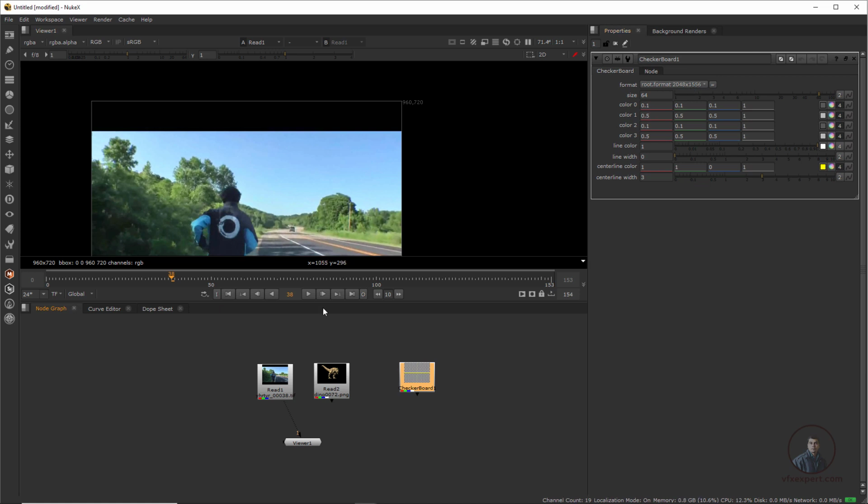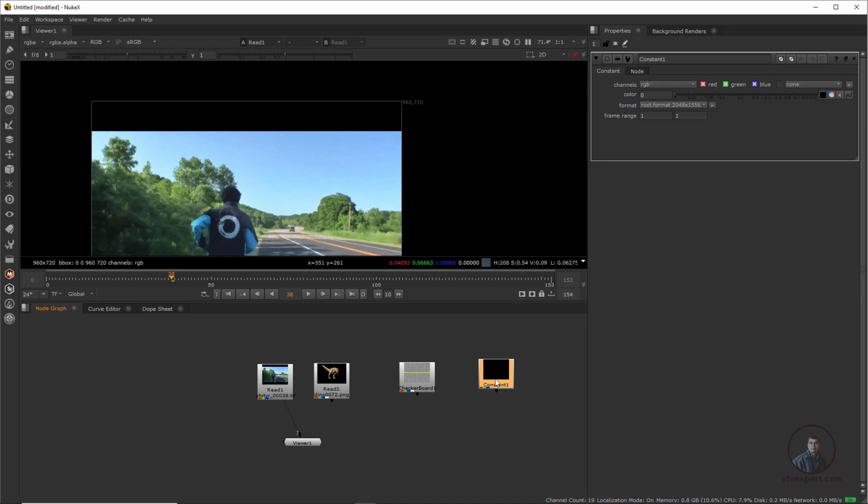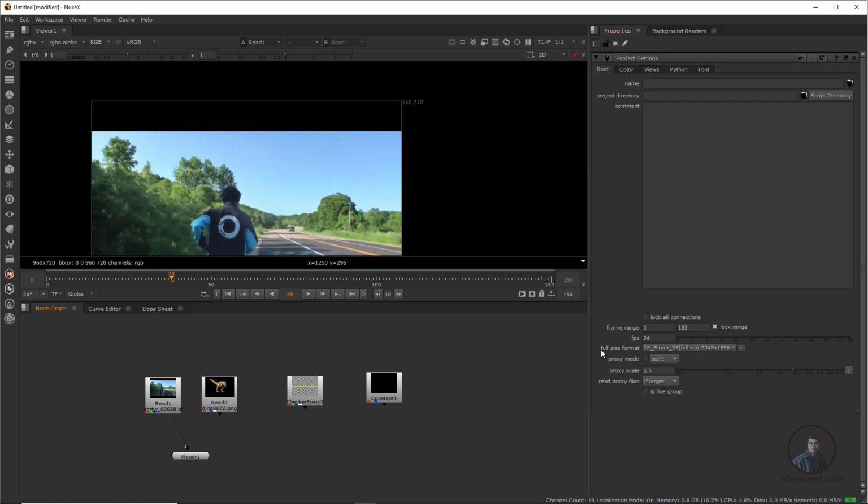By default, whatever node you create, maybe checkerboard, constant, all these nodes take the frame size from the new project settings here. So suppose you are working on 1920 by 1080 or 1280 by 720, then you can change all these settings in your project settings. For project settings, just press S. Then from here, you can change the frame size according to your requirement.